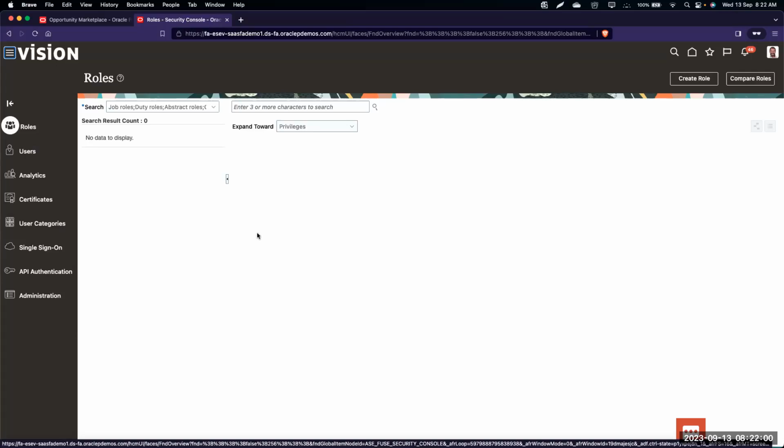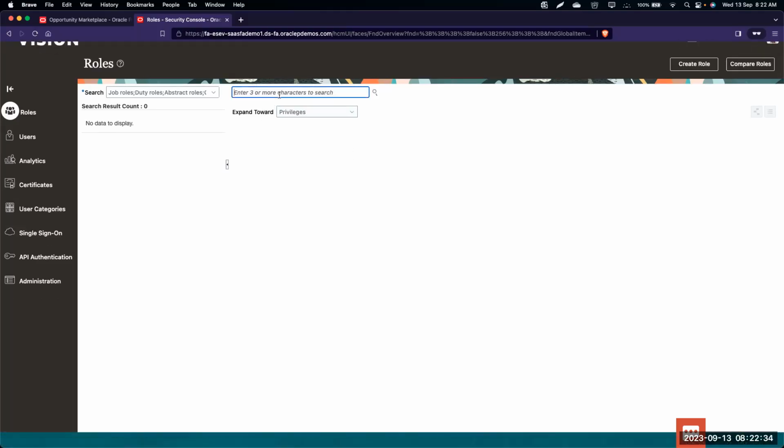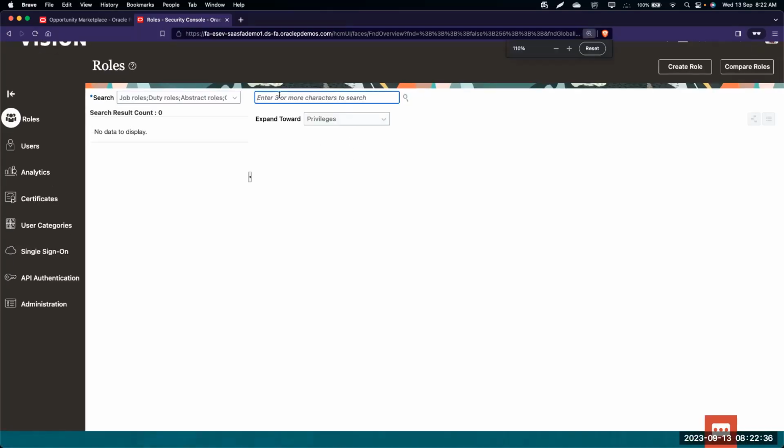Once we access this IT security console, you will be able to see the tabs here. The first tab you have is the roles. Once we go to the roles link, you can access all the roles, seeded and custom roles. Next we have users, where you can access all the user accounts. There are a lot of other setups, but let's not worry about these setups for now. Once we access these roles, we have to search for the recruiter and the hiring manager role. So I'll just search for recruiter.